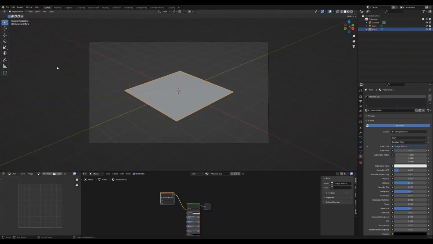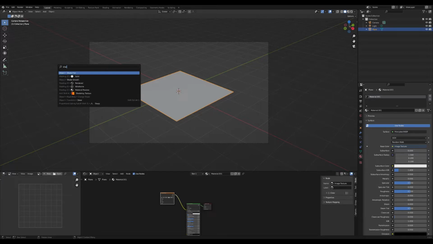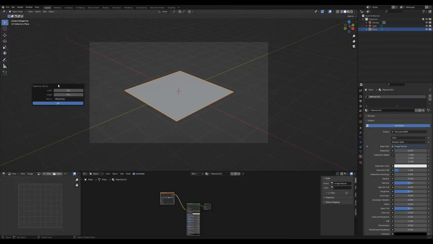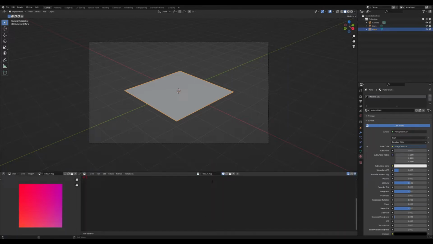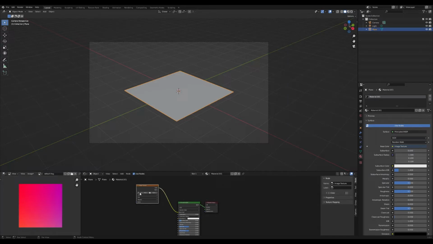Once installed, you can find the Add ShaderToy Texture operator either using F3 and searching for it, or you go to the Add menu where you also find the ShaderToy Texture menu. Here you can set the resolution of the texture and then you find the image inside the image viewer. The add-on also creates a text file that belongs to the texture and that contains the shader code. If you modify the shader code, it recompiles it and the changes are immediately visible in the image viewer. Now you can use this texture anywhere in Blender, for instance as the input in a shader tree.